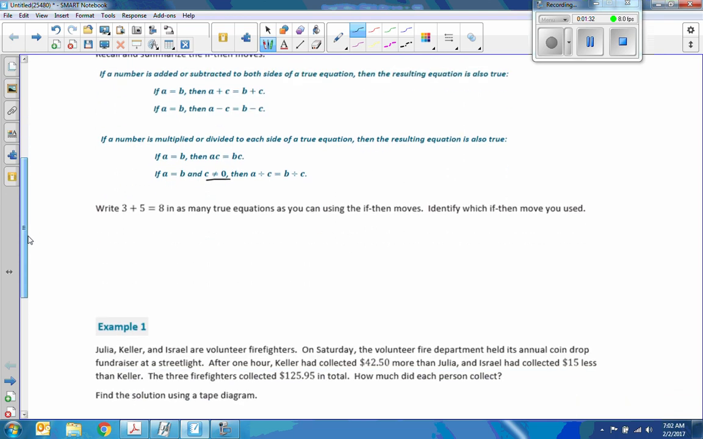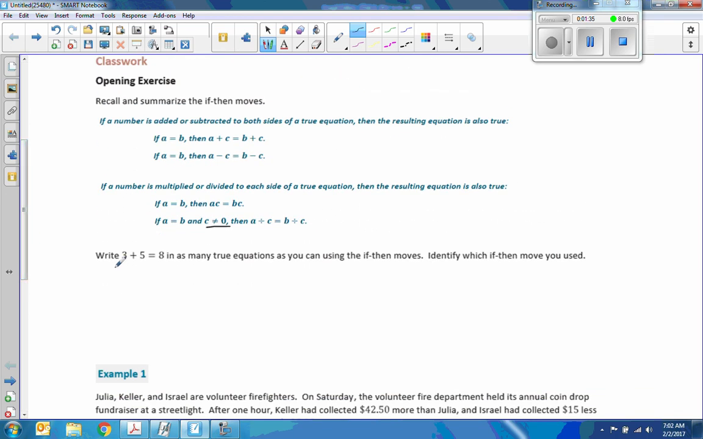Okay, so then they give us an opening exercise which says write 3 plus 5 equals 8 as many true equations as you can using the if-then moves. Identify which if-then moves you used. So try that and come back and see if you've done it correctly. Okay, so here we go. It says write 3 plus 5 equals 8 as many true equations as you can. So if I say, and there's infinitely many choices here, if 3 plus 5 equals 8,